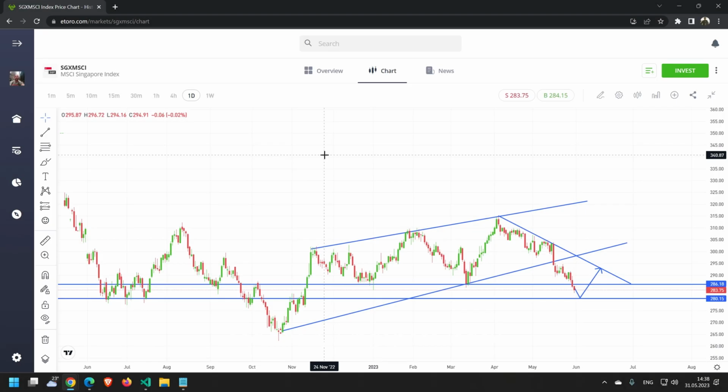And finally, Singapore index, and as you can see, it's also trading sideways. It recently broke the uptrend channel, and now it's not clear whether we are going up or not. We still might go down a little bit to this major support level at around 280, and then come back to 290. So it's not a huge move, but I also wouldn't recommend to invest right now,